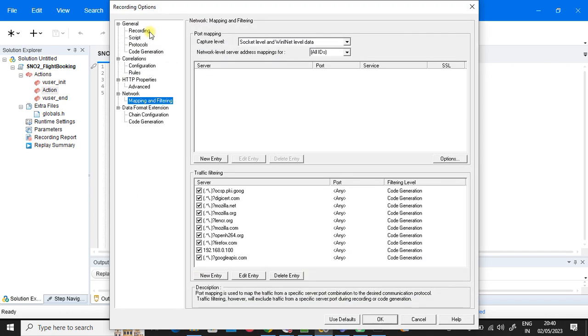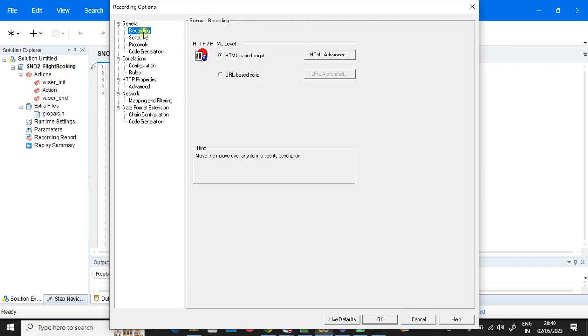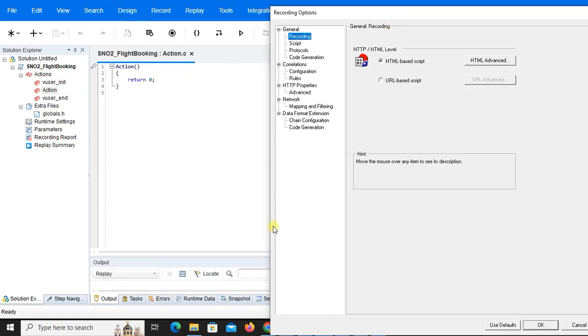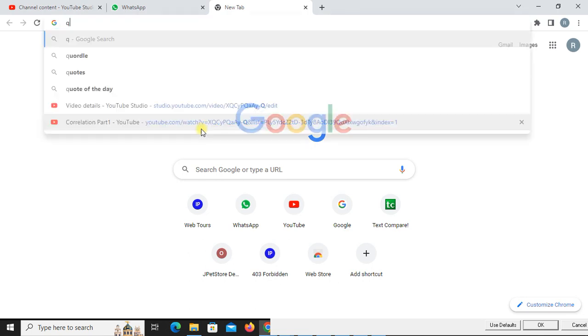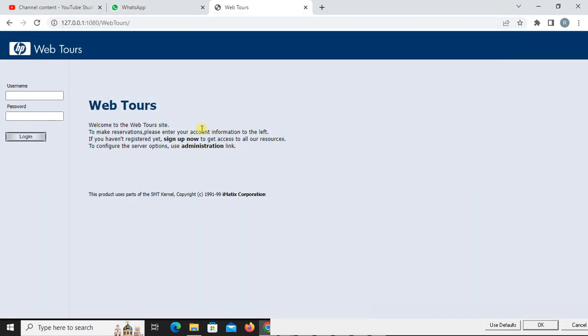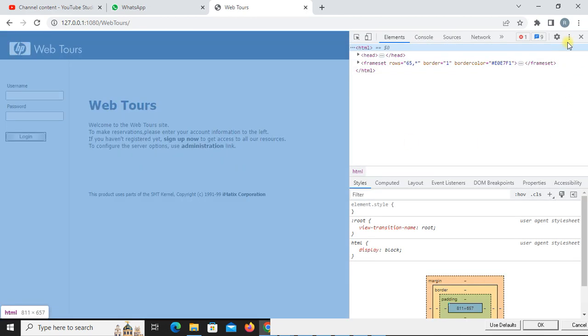If you click on these recording options, the first one, recording. So basically we have two types of recording: HTML based recording and URL based recording. What is the difference between HTML based recording and URL based recording? See, go to developer tools. If you check the developer tools,